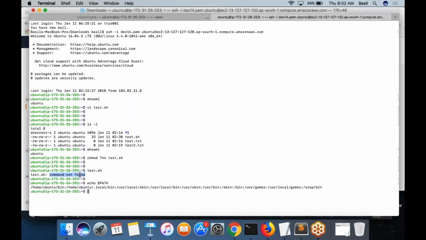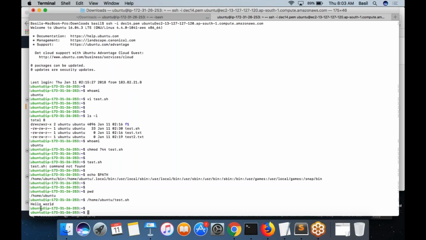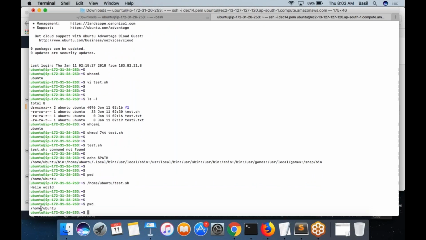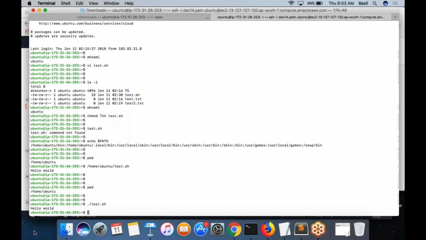So basically, if you want to execute any program which is outside this path variable, you need to mention the exact path to test.sh. How do you mention that? You can either mention it like this, starting from the beginning slash: /home/ubuntu/test.sh. This will give you the output. It would execute all the commands that you had written inside that script and print you the result. Or you can simply type dot slash, since you are already inside /home/ubuntu. Dot slash means inside the current folder, test.sh. This will also work. So both ways you can execute a shell script.